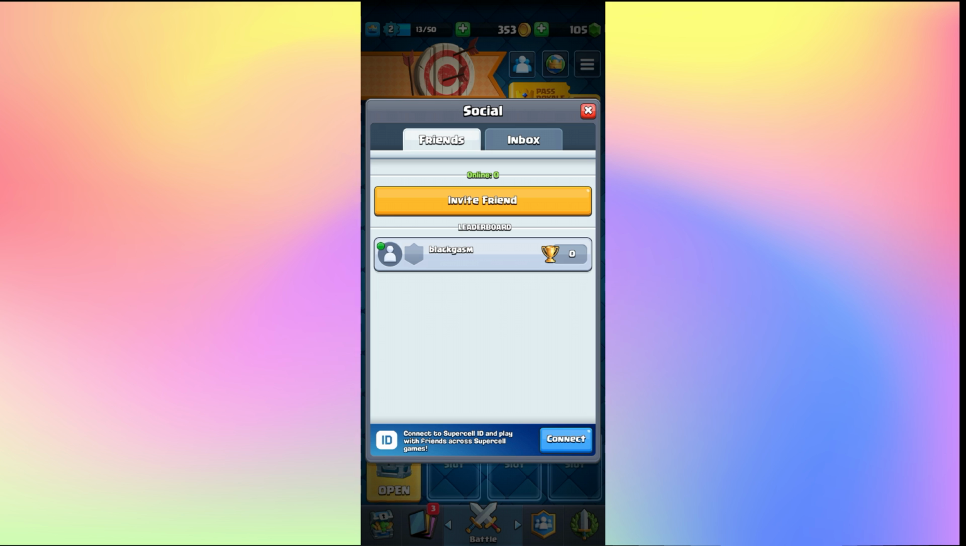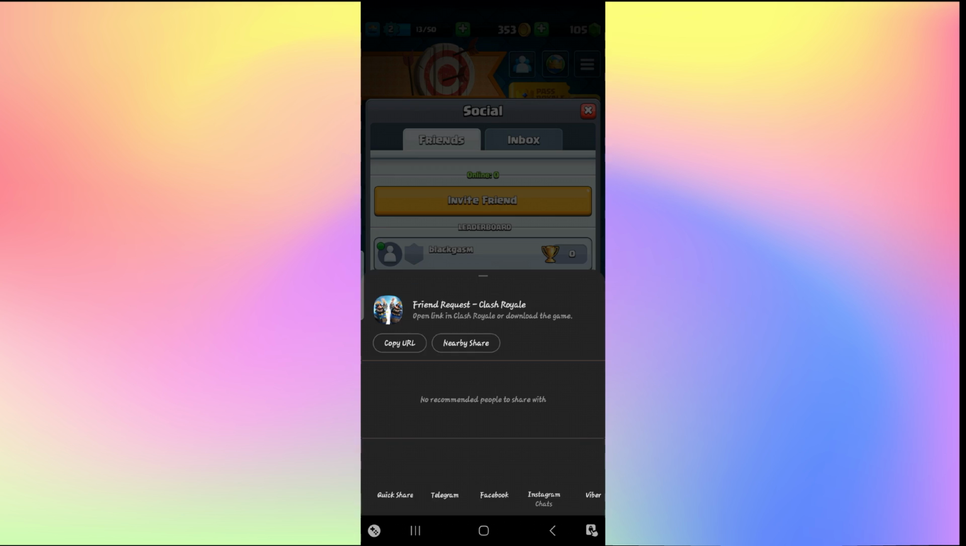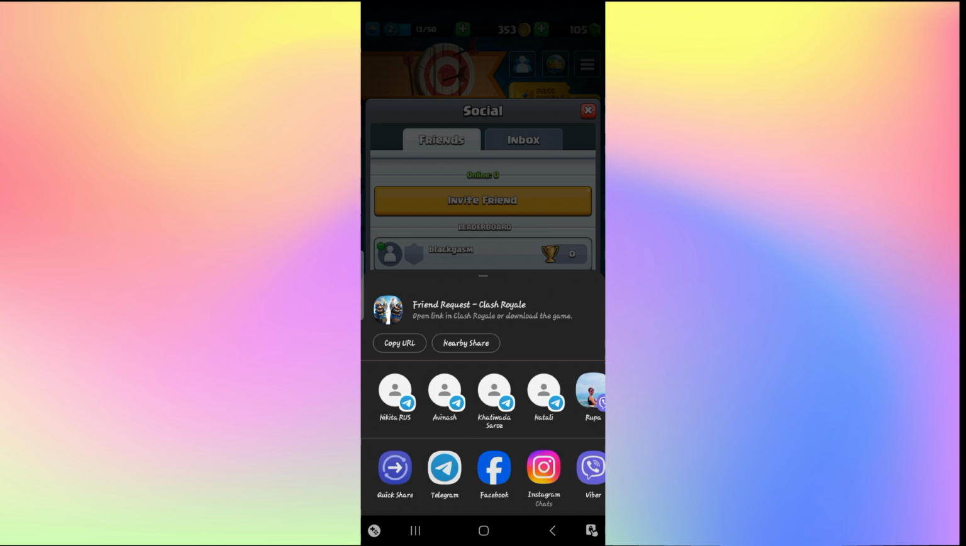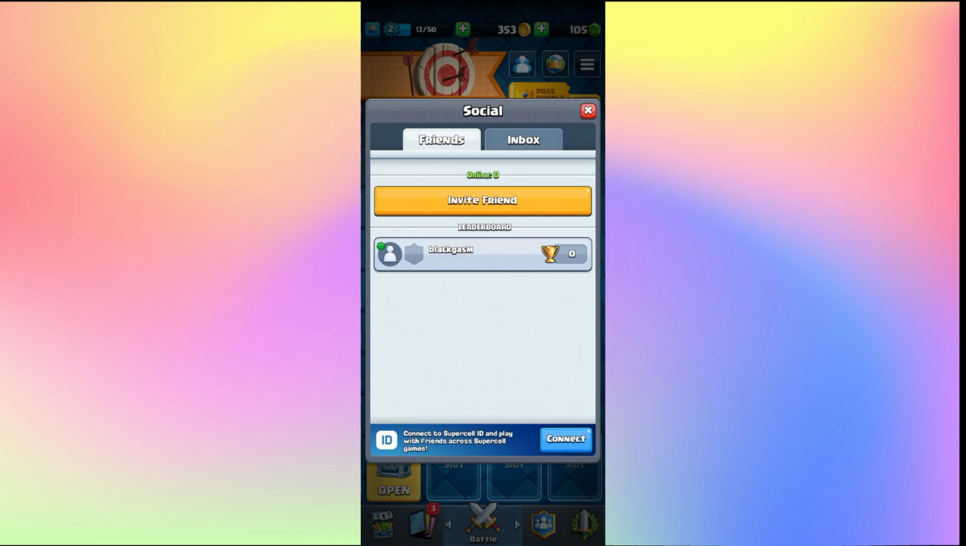an Invite Friend button. You can simply tap on this and then you will be given a link that you can copy and share to your friends, which they can click on to join you on Clash Royale. You can quick share them through any of your messenger applications or copy the URL and then paste it in